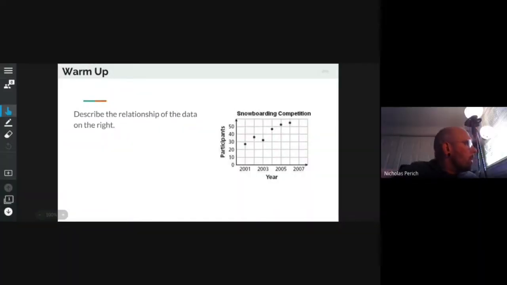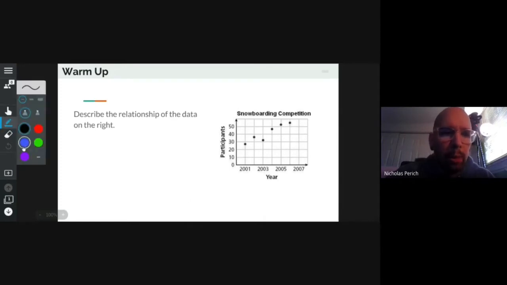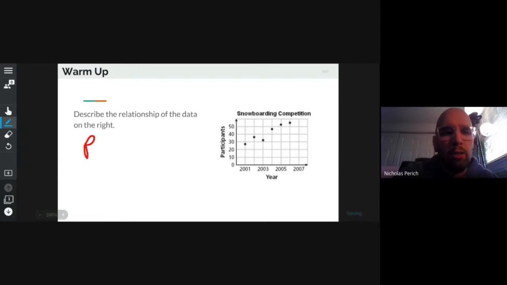Kind of where we are. All right. Describe the relationship of the data on the right. Well, I have to figure out what type of correlation that would be. And that would be a positive correlation. If I wanted to be more specific